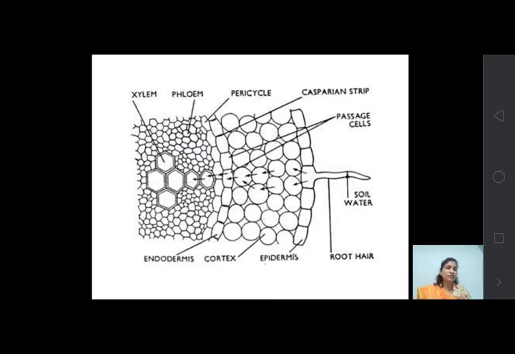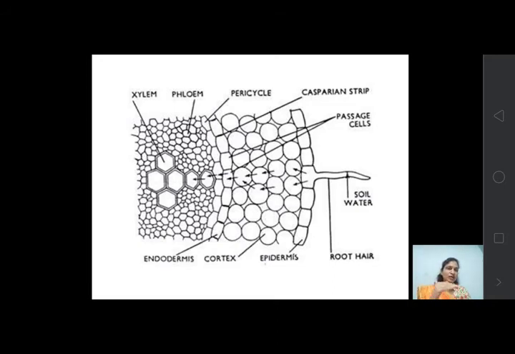Now these xylem tracheids or vessels form a continuous line, a continuous structure, a channel you can say, and it goes to the upper part of the plant body. So this is the path of the water from soil up to the xylem, and as it reaches the xylem, the xylem then conducts that water to the outer part of the plant body, or every part of the plant body.